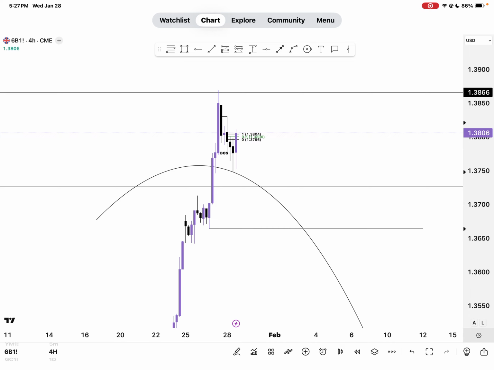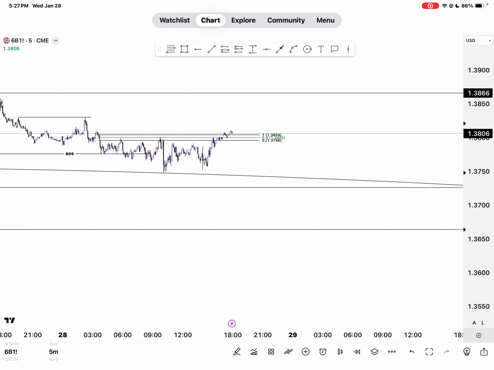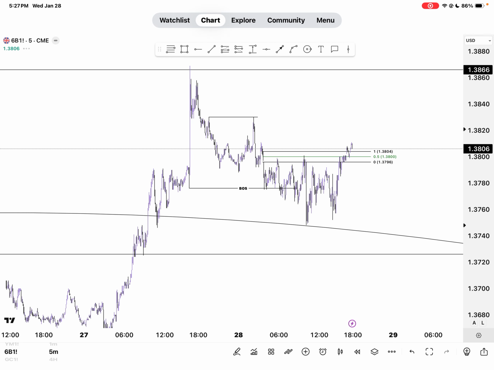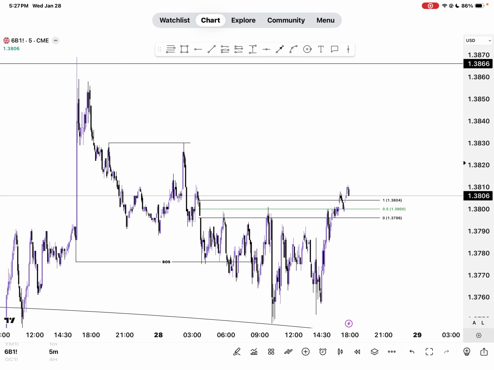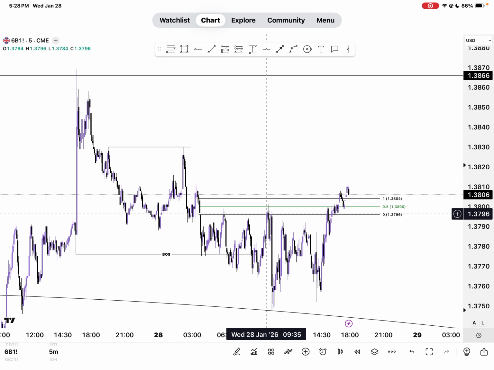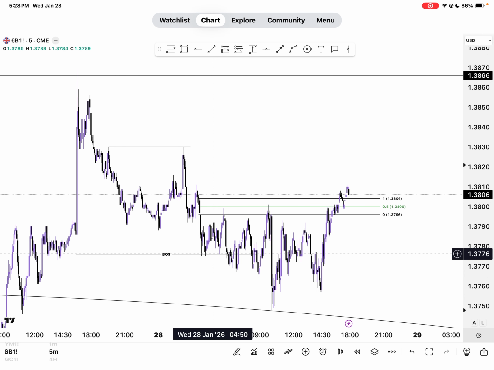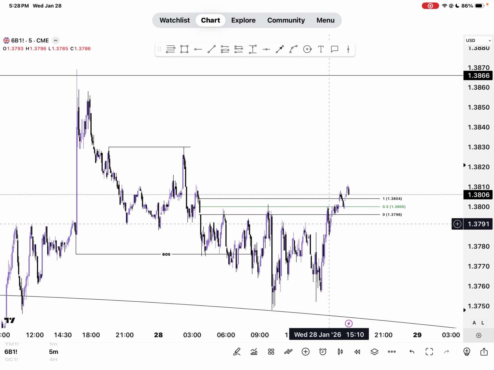Now, I did also talk with my students about an aggressive confirmation, which is using micro or really execution 5-minute structure. And it did give a very, very nice response. But like I said, this is very aggressive. And so the break of structure that happened here led to the pullback and mitigation of this 5-minute price gap, which I did take a trade on. I held it, moved my stop loss to break even, and price came back and tagged me out. And then price moved slightly higher.